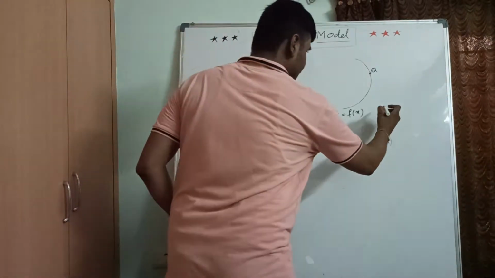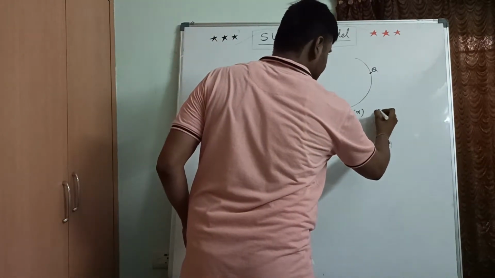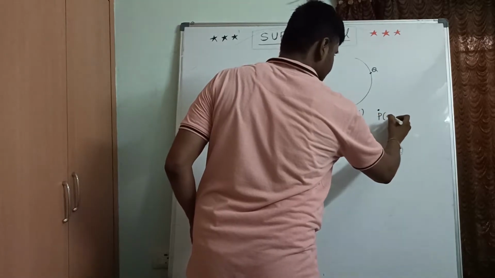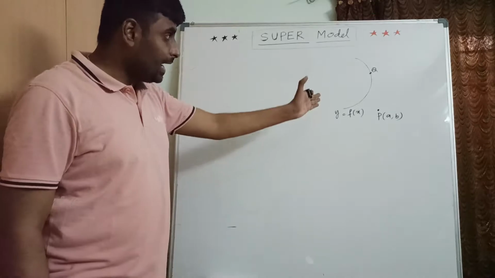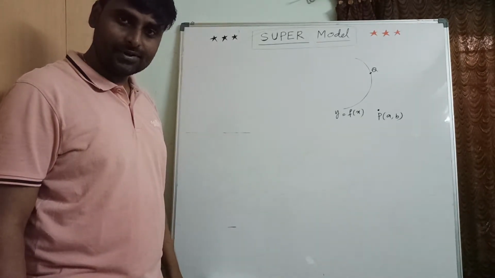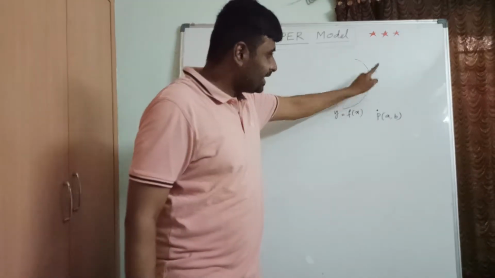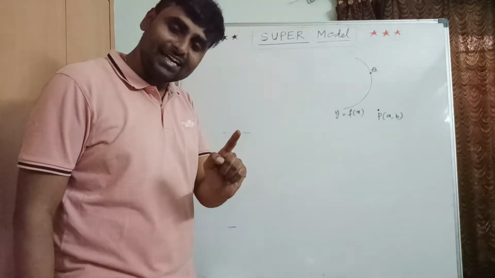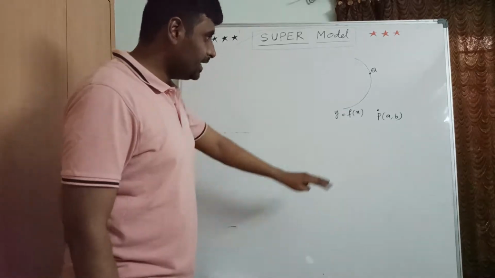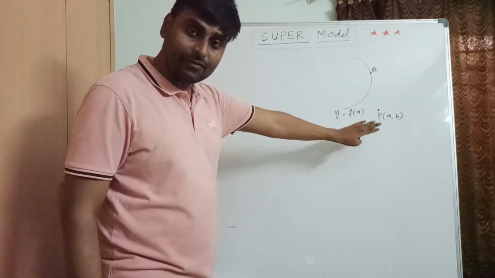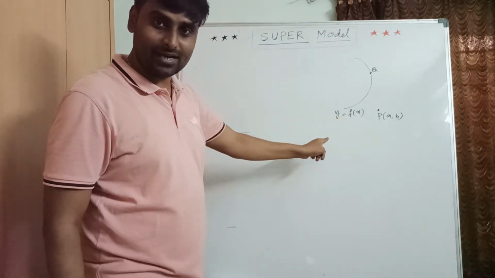Let me take one outside point, let us take it as (a, b). From that we are going to draw the tangent to the given curve. Then how can I take the point of contact? That is important. So problems on this model are very important. Here the tangent was drawn from an outside point to the given curve.